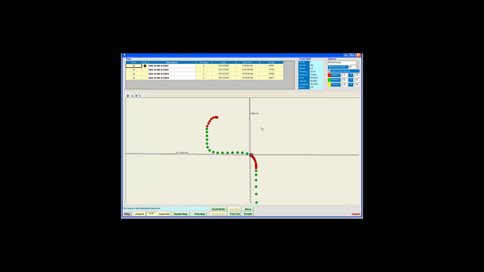So we're going to trim the end of this run because I'm not interested in these data points here. So I'm going to click on the Trim End button. And the software starts at the very end of the data and marks each of the points for deletion. They're not actually deleted yet, but they will be later on. So I've deleted the end of this run, and now I want to zoom out